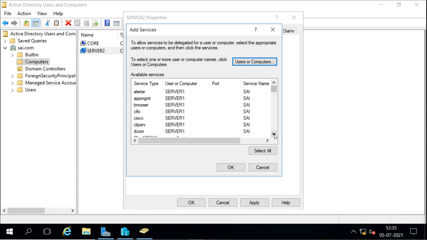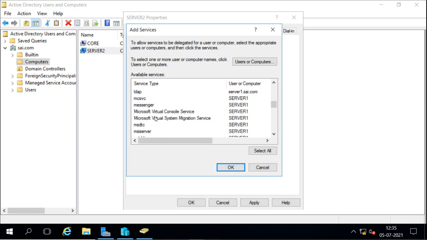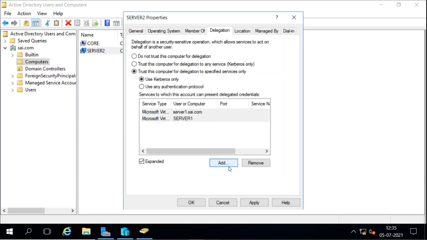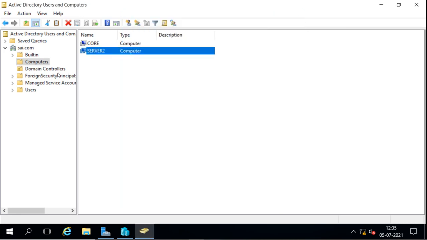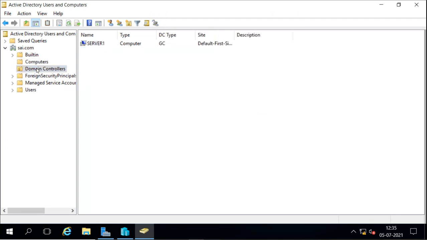Select server 1, and what I want to delegate is the virtual machine system migration service. So I will select this and press OK. So this is the virtual machine system migration service I am allowing to server 2 on server 1. Now the same thing I will do for server 1.